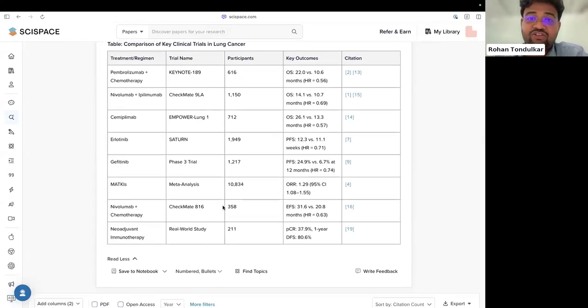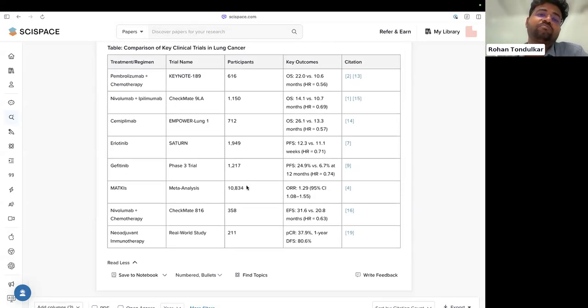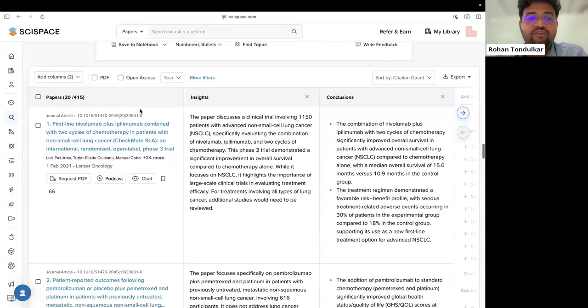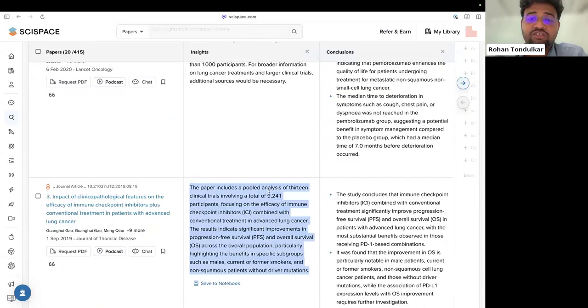Now, again, interesting, right? Since we asked you to focus on participants, it found a lot of trials with more than 1,000. And because we want everyone to also get the medium level, not 1,000, a bit less than 1,000, we have some with lower also, but the 1,000 ones have the highest relevance for us. But we also give the other ones because, see, if I'm looking at 1,000, maybe the 600 one might also be something I'm curious about. Now if you look at the result, the first paper has 1,000, then this is 600, this is again 9,000, and so forth. So now it's focusing on trials.